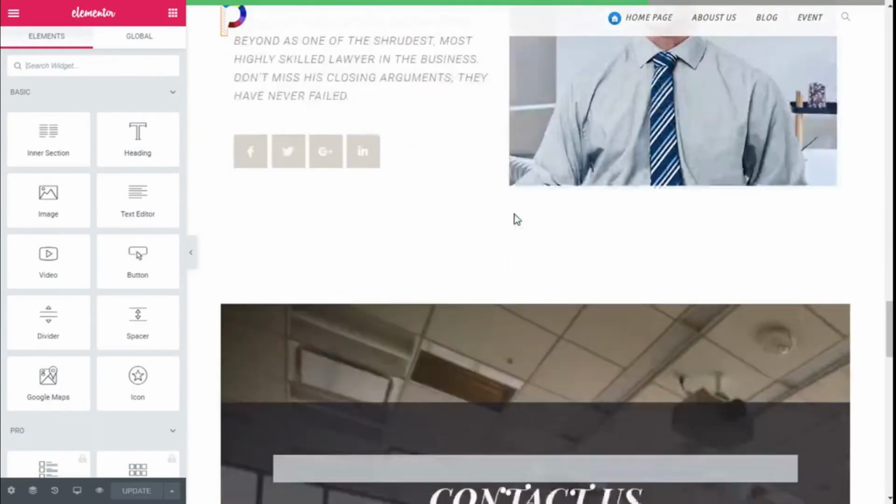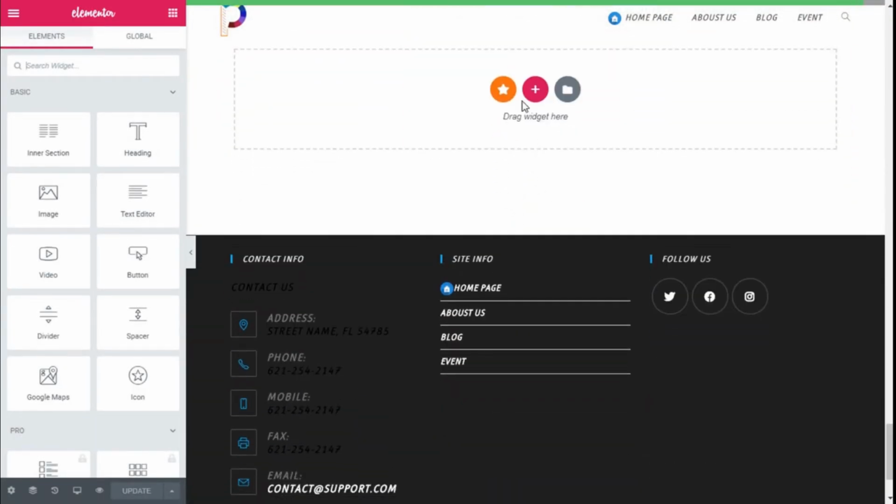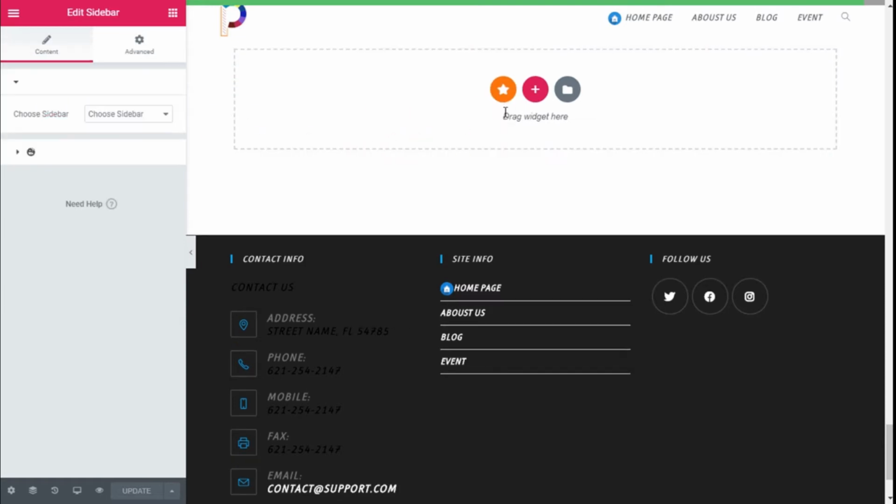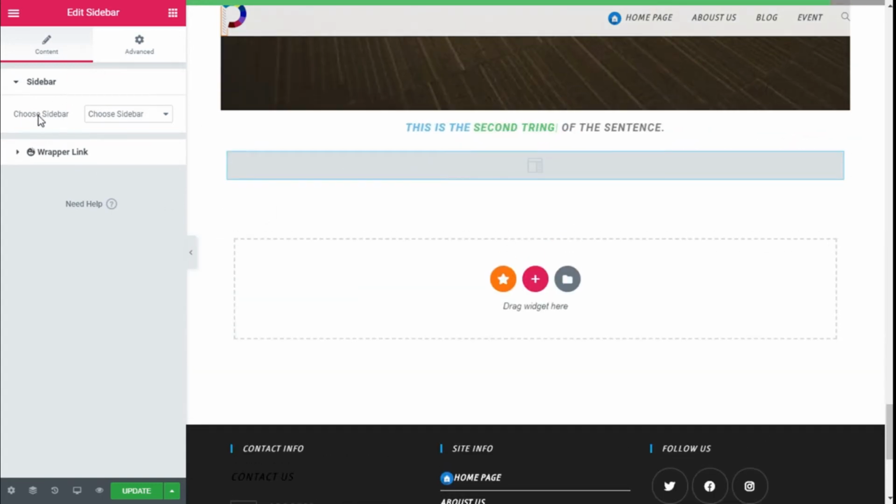Now we are going to scroll down to an open section like this one, and on the widget search bar we are going to type sidebar, and we are going to click with the left mouse button, hold, drag and release on the open section, and it works quite simple. We don't have too many options. We are going to choose a sidebar and we are going to choose the default sidebar,